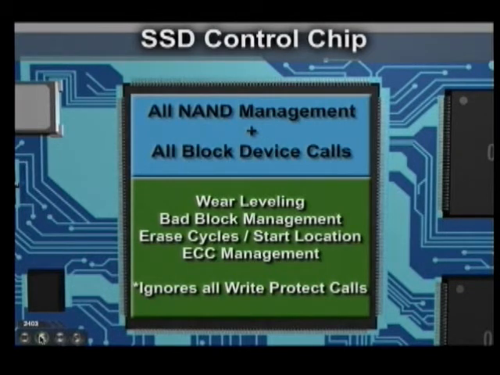It has its own processor. And its processor then loads its firmware, and then it moves on from there. This is the definition of what it has to do, and the requirement from Intel for all solid-state drives to work plugged into one of their motherboards. That's all NAND functions, all the block device calls, wear leveling, bad block management, erase cycles, garbage collection, ECC. There's a whole ton more stuff that actually happens. And it manages and manipulates lists of content.